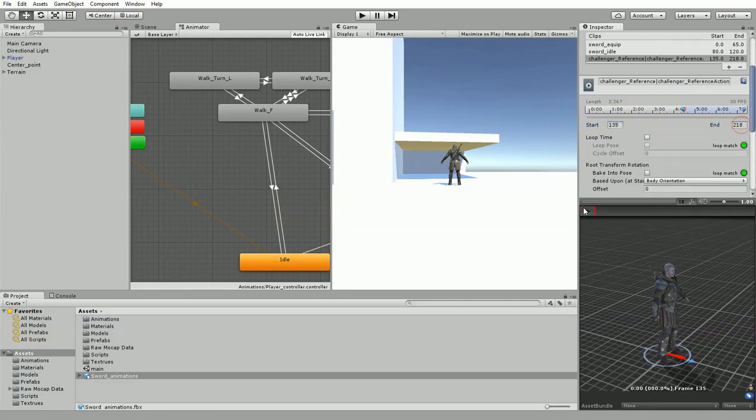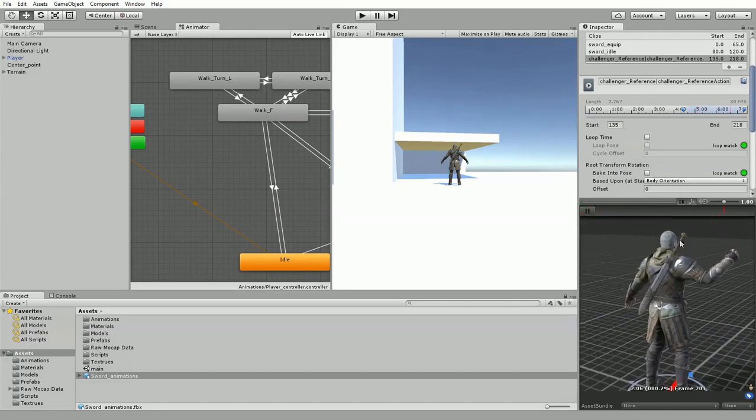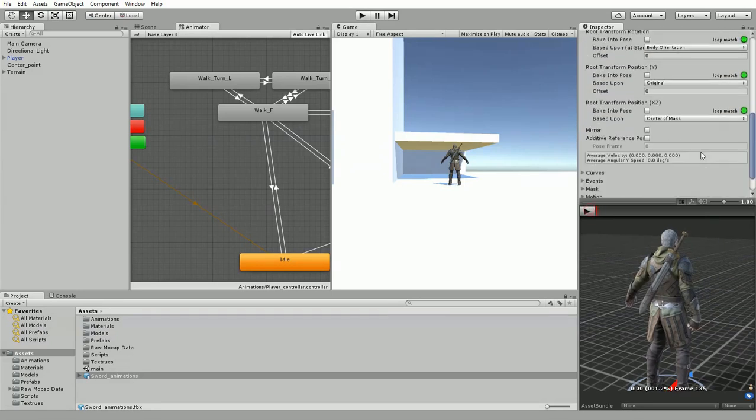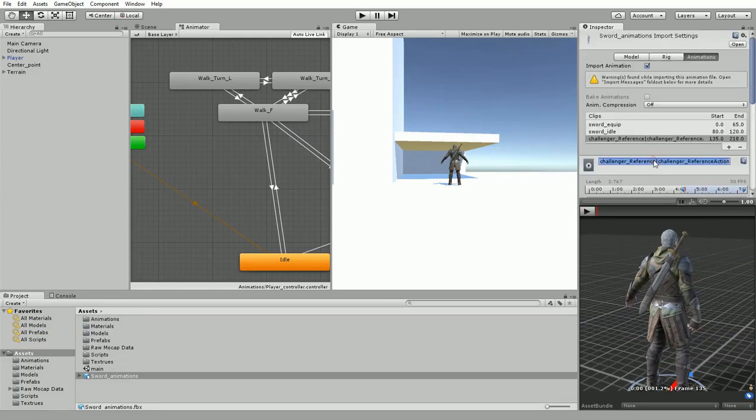Okay, and name this sword unequip. So here we are, 3 animations,